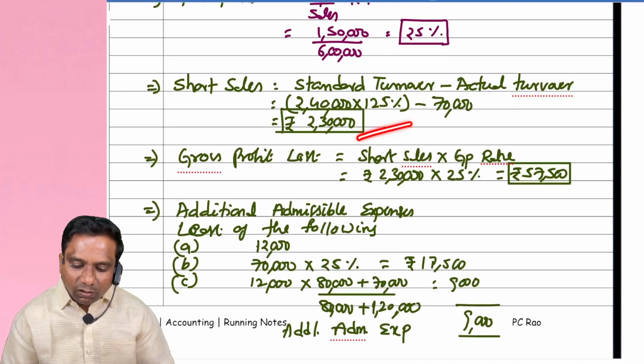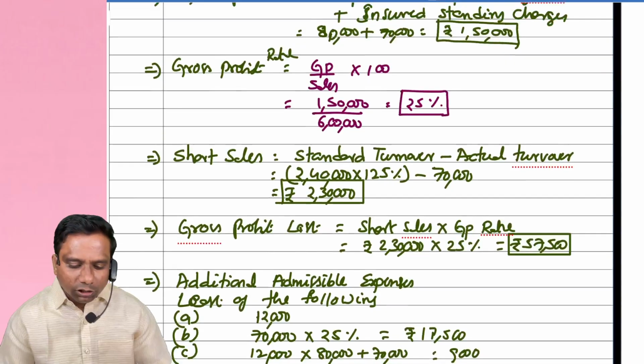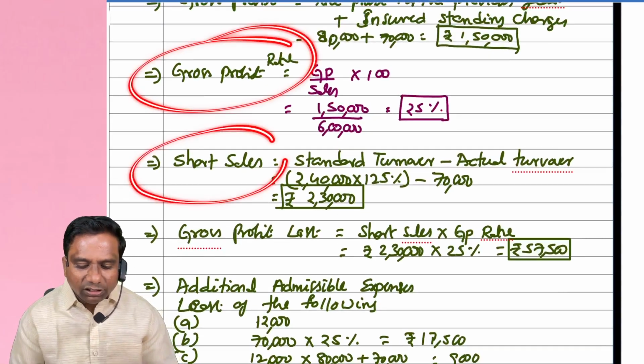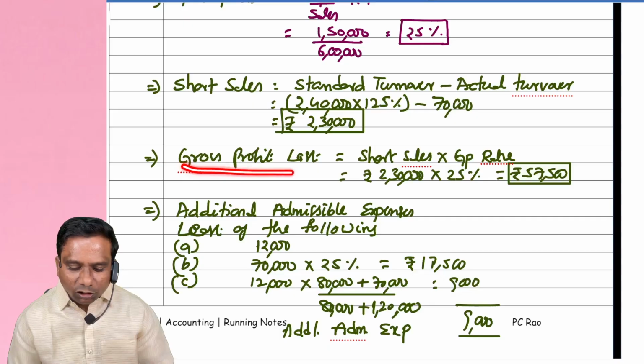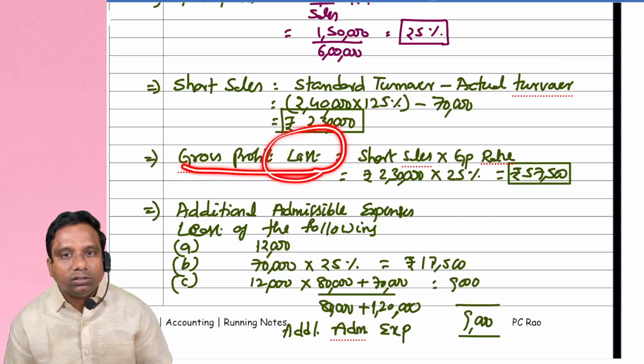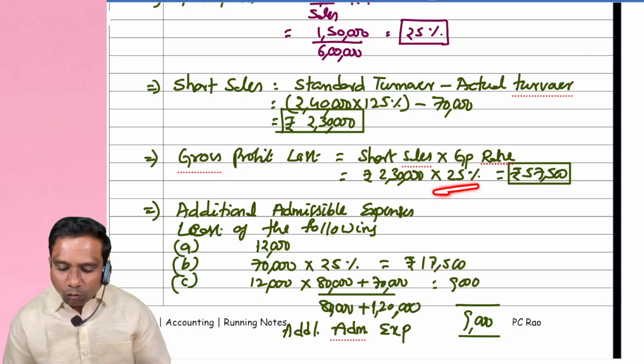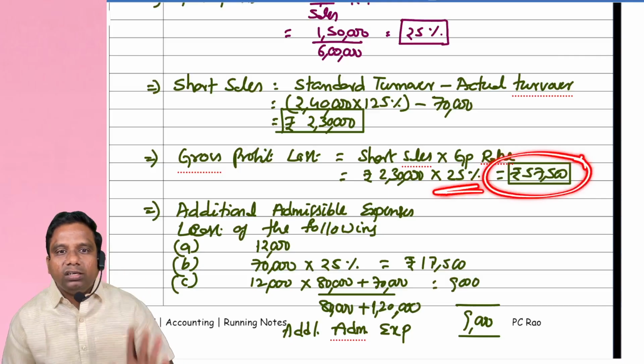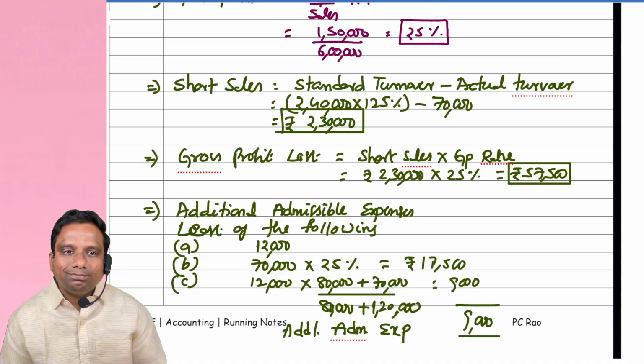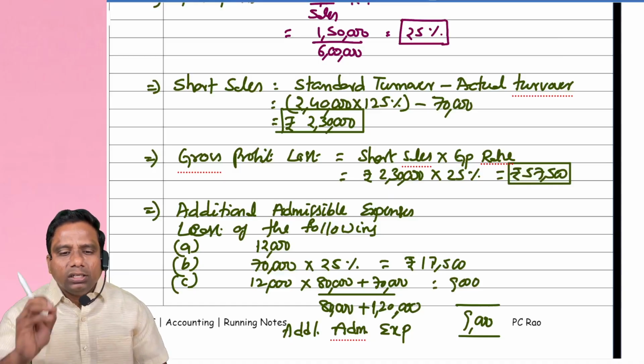So that we can calculate short sales. Here the gross profit rate is there and short sales is there. Can you calculate gross profit lost? Gross profit lost: yes, sir. 2,30,000 into 25%, 57,500 gross profit lost. Okay. The next step comes: admissible